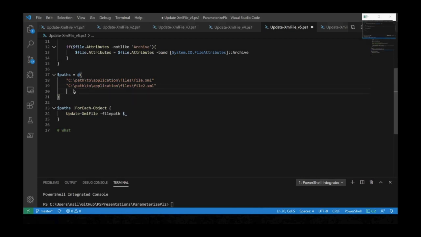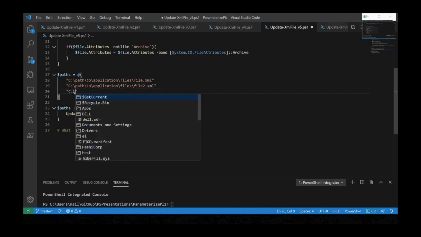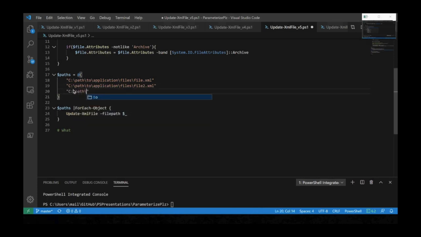Now maintaining the script becomes super easy because it's literally just adding a single file path to the array of input values that we have. So, boom, I did my update, I can go to lunch now, right? Super easy to maintain. But then maybe one of your colleagues goes to, let's say, a PowerShell conference, and he